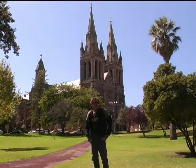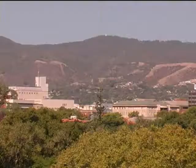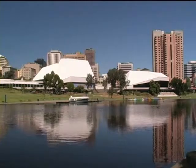Well, we're in Adelaide at the moment. You've got the hills over that way there. Central business districts just over there. Got a lot of parks in Adelaide actually. And a few of these are...